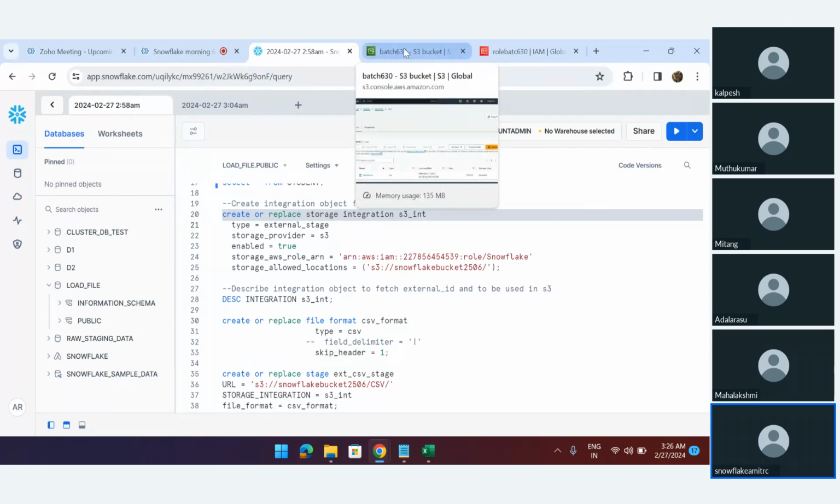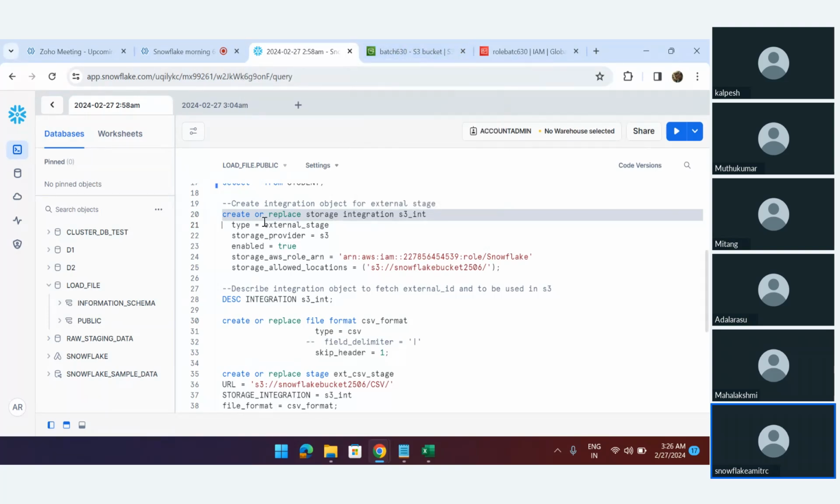That means storage bucket. So that is the reason it's called a storage integration object. So: create or replace storage integration S3_int. By using this storage integration object, we will be establishing the connection between Snowflake and